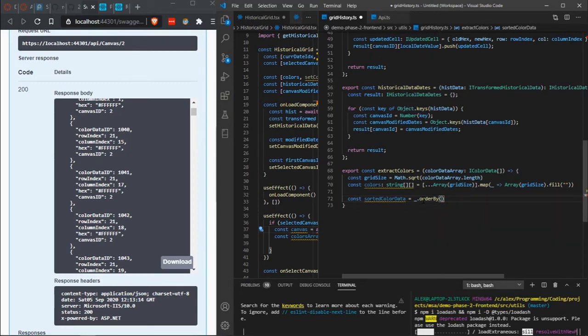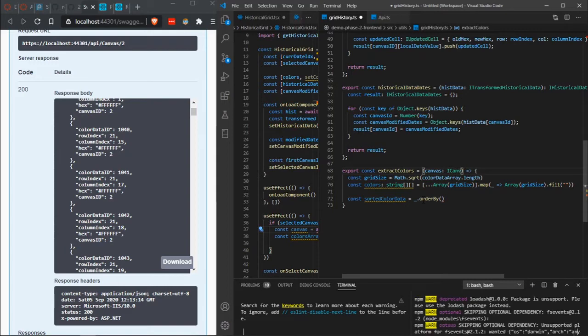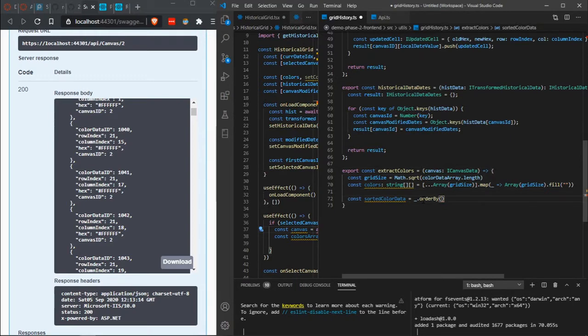I want to extract the extractColorsData function. This function should actually just take in a single canvas, non-array. We want to extract the data from one single canvas. So cool, we just say canvas and then ICanvasData, and then over here we will just order the color data of this canvas